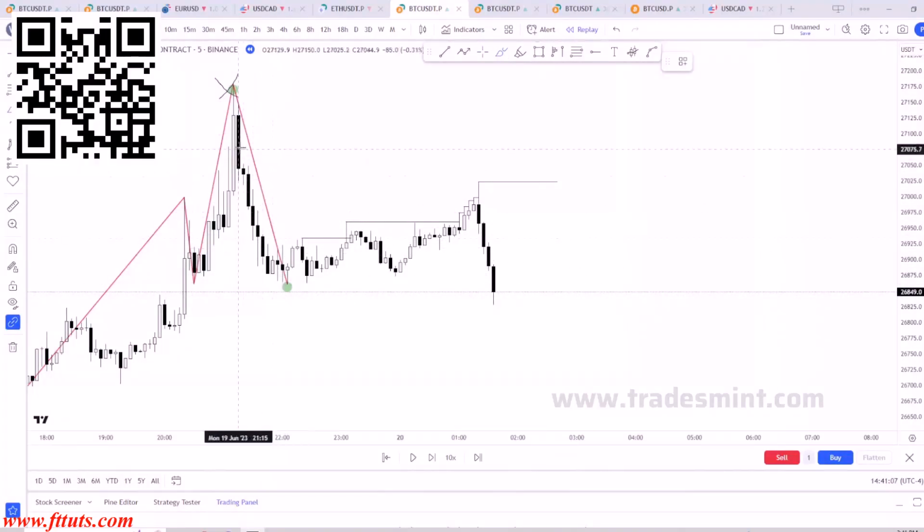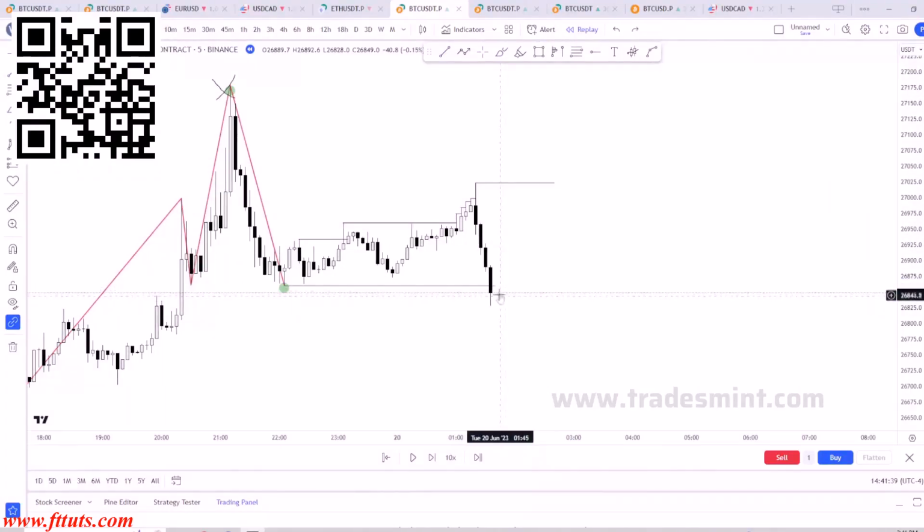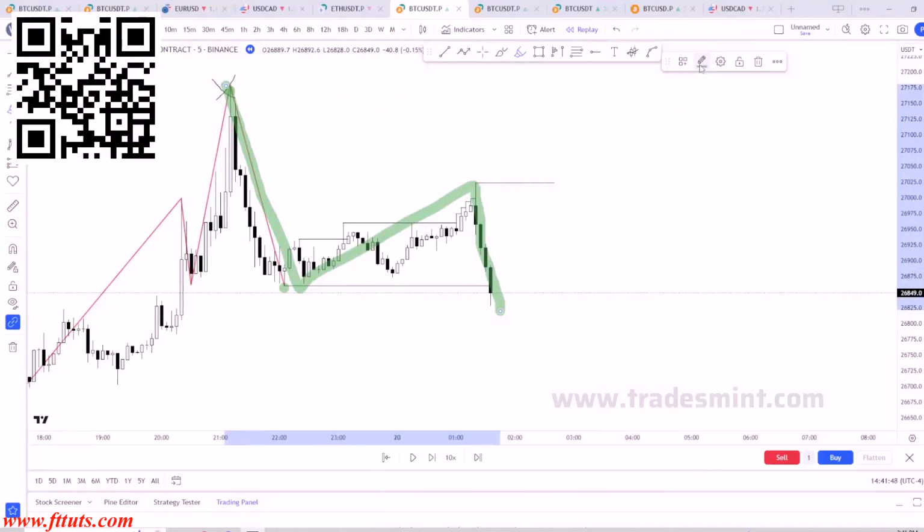Now you may be wondering why I didn't use the actual downwards left to right break. Well, because on a lower time frame that would have been a valid break, and I'm trying to show an example here, right? So that's a perfect example as to how I would justify the break. So now that we took this low, here's your new structure from a standpoint from this high downwards. Now you have this downwards bearish structure. We have this, and now this in red. So we have bearish structure,